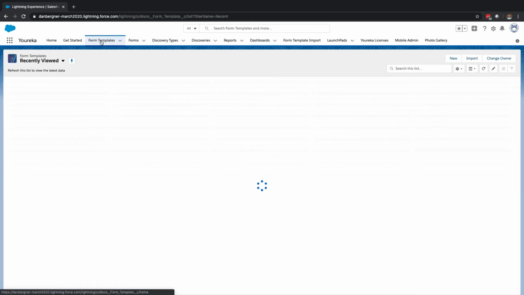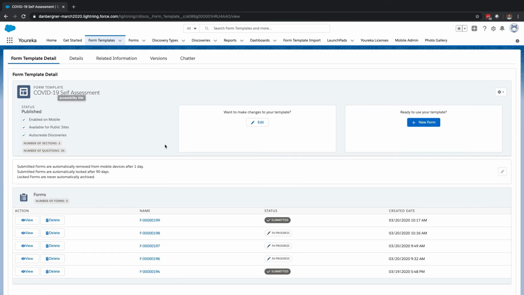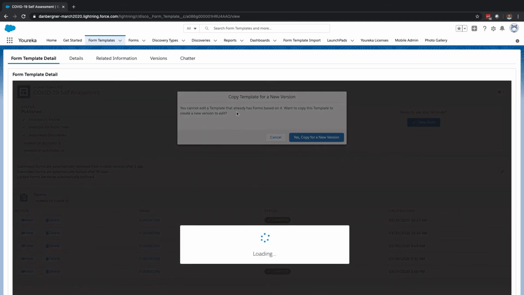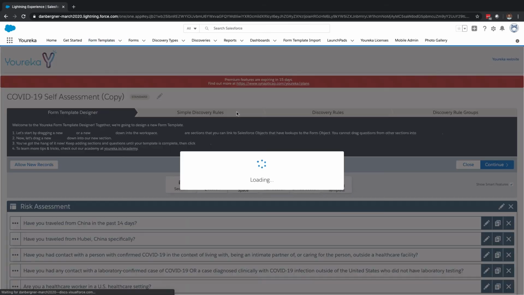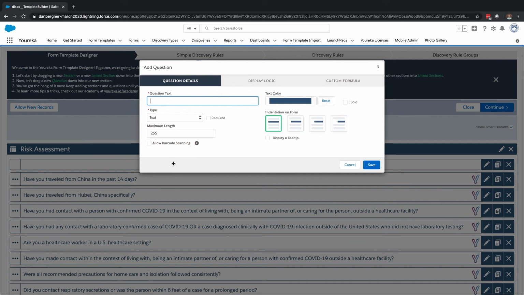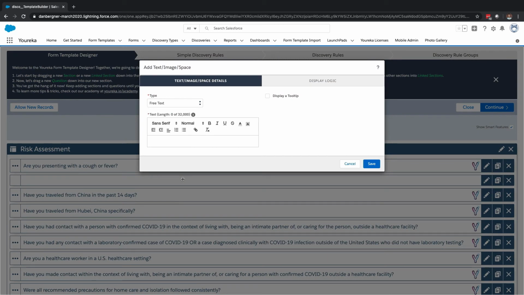And CDC guidelines around how we should be triaging these situations are changing on a very rapid basis. So what Youreka is going to enable is the ability for someone to jump in here, use a drag and drop editor, and make quick changes to the protocol and quickly deploy this to the field. So if the first thing that we want to do is check for symptoms, are you presenting with cough or fever? And if we did a simple yes/no question here to keep things easy and intuitive for the end user, the next guidance we might want to provide is